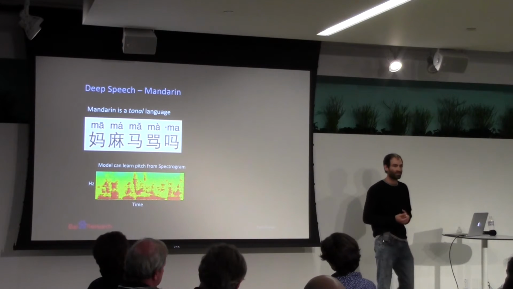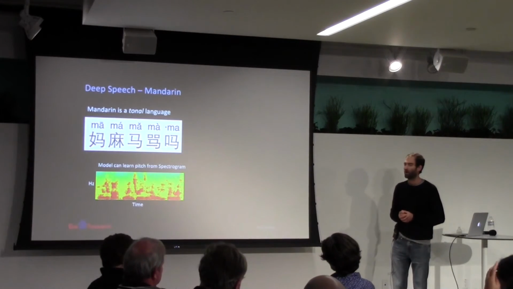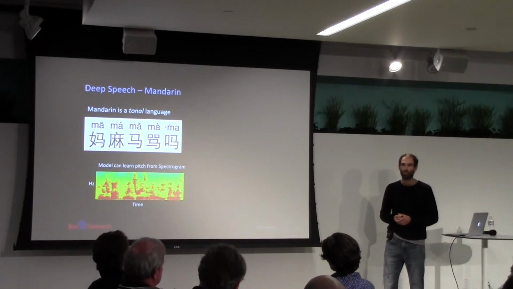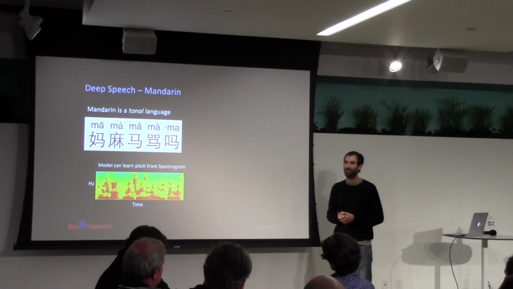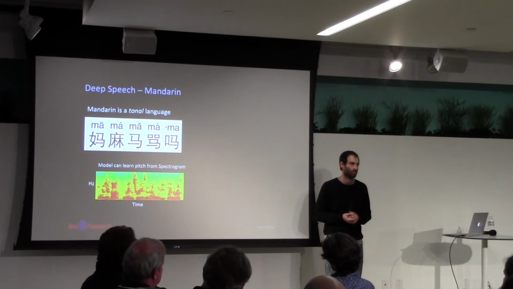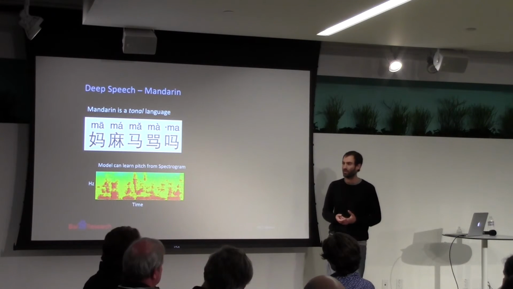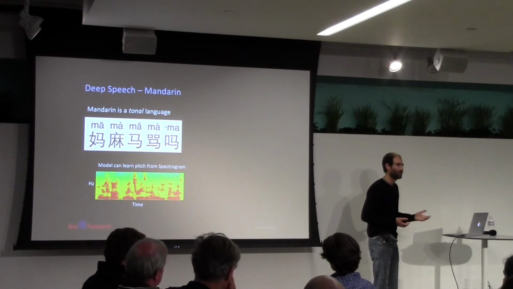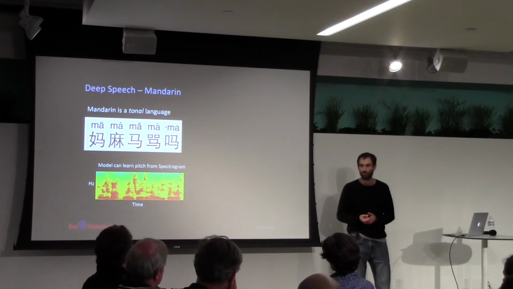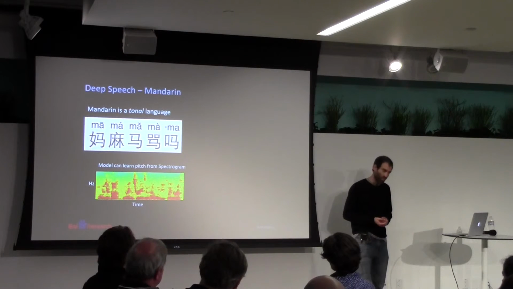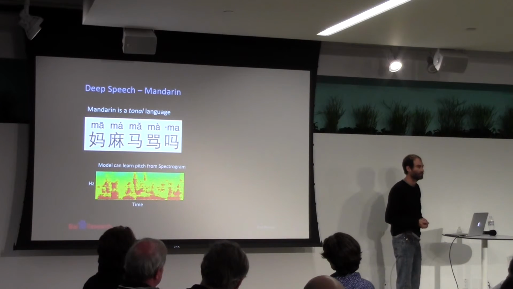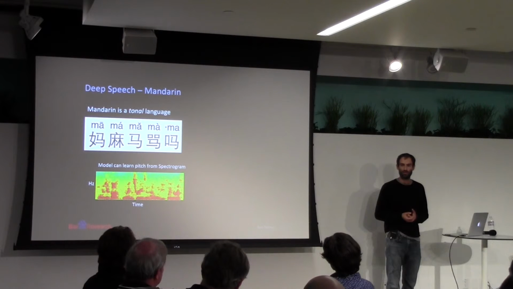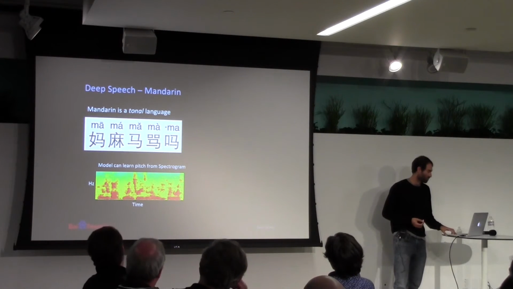With our system, however, since we did very little processing of the audio, we hypothesized that the network would be able to learn tonal information on its own, just by being given very minimally pre-processed audio and the corresponding correct label. So we actually did not do much in the way of changing our system to account for the fact that Mandarin is tonal. But we speculated that it might be a problem.